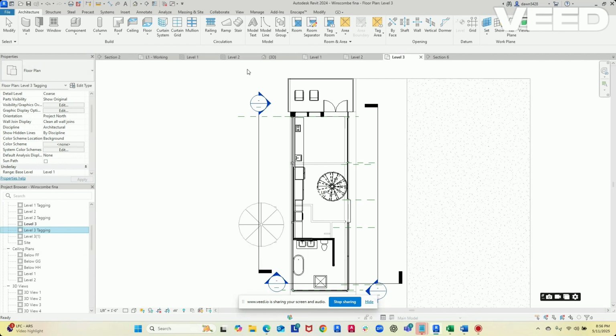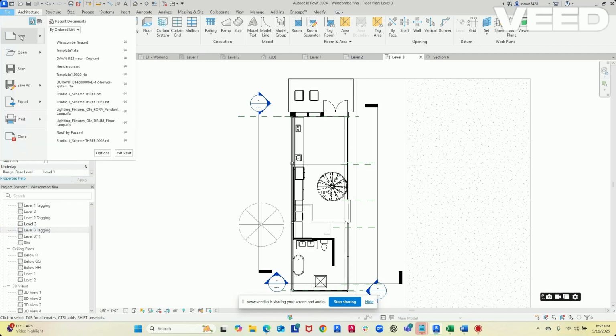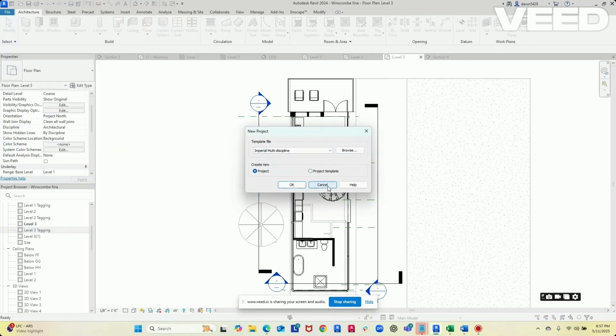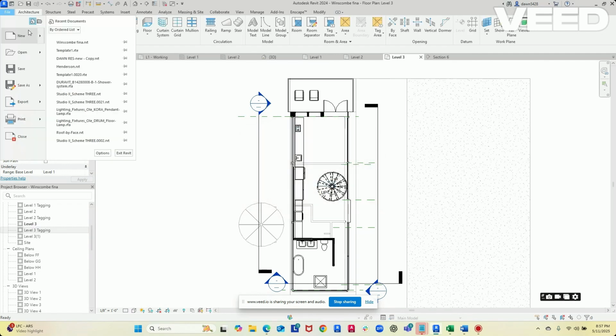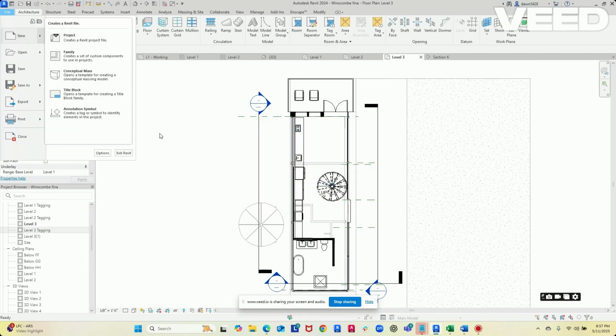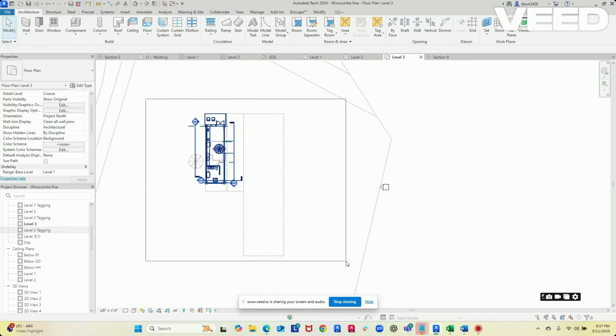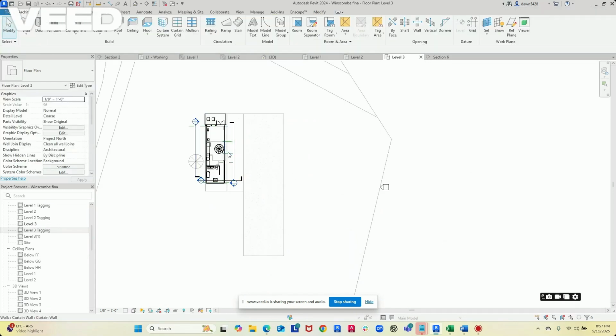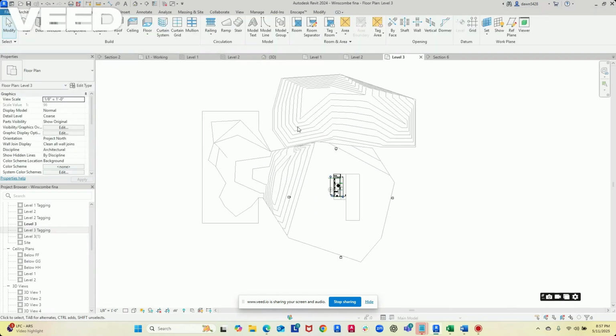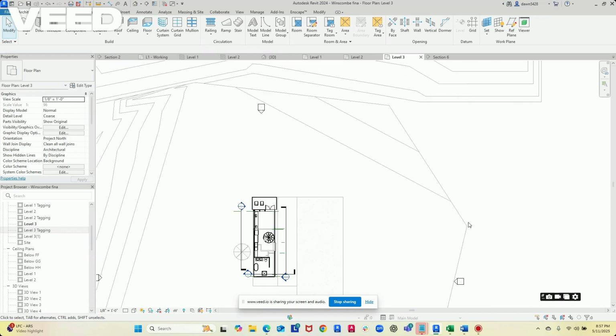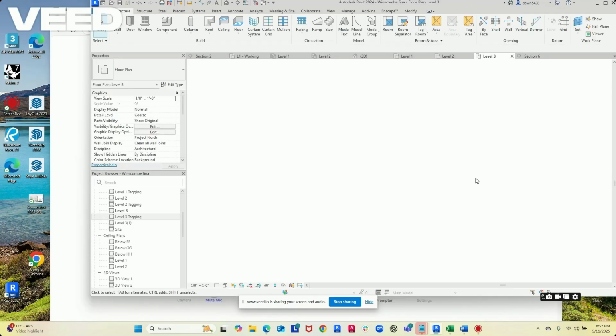So what I would do is copy this entire project and then start a new project. I'd go to File, New Project, and I just copy the whole thing and paste it into a new project. If you have a site plan like this, it can be very tedious to do that. So some other things I wanted to share were